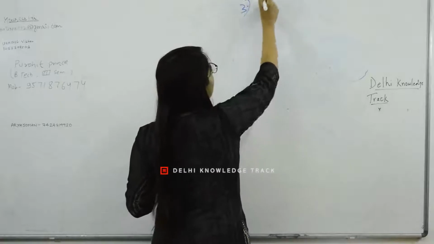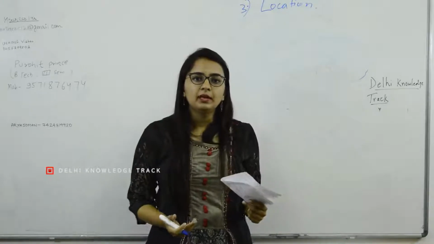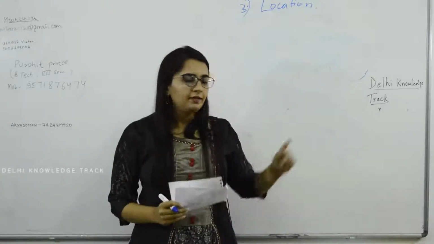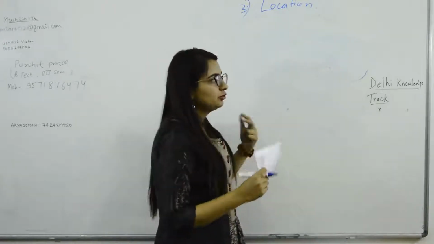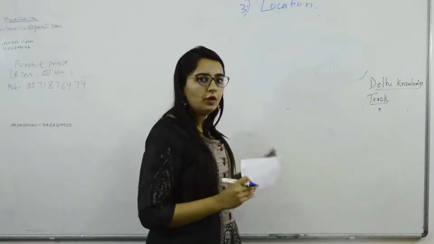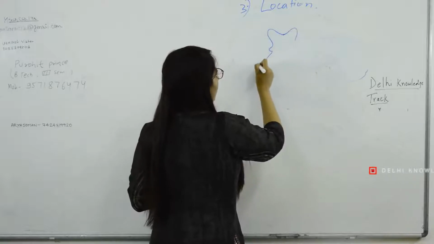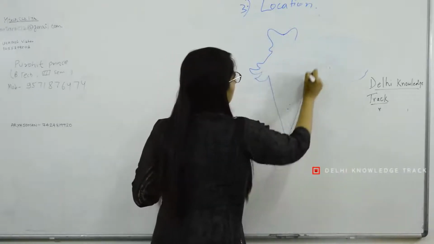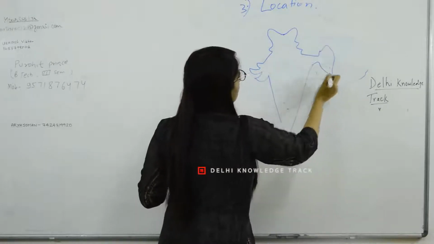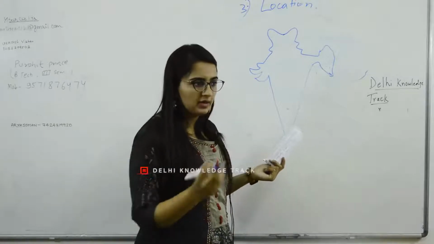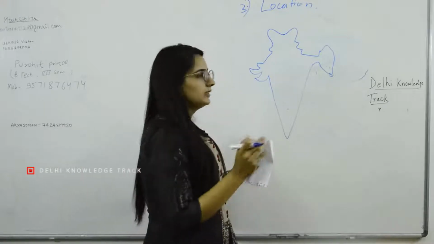The third type is location. When we are attempting questions of international relations, geography, history, we have to show location. It really helps to show the examiner that we have a geographical context of what we are writing. So please make sure that you know how to make the map of India in a very short time. See, this is a map of India in a few seconds, and it is a very rough map, but it looks like India. So this much is enough; you have to practice the map really fast.